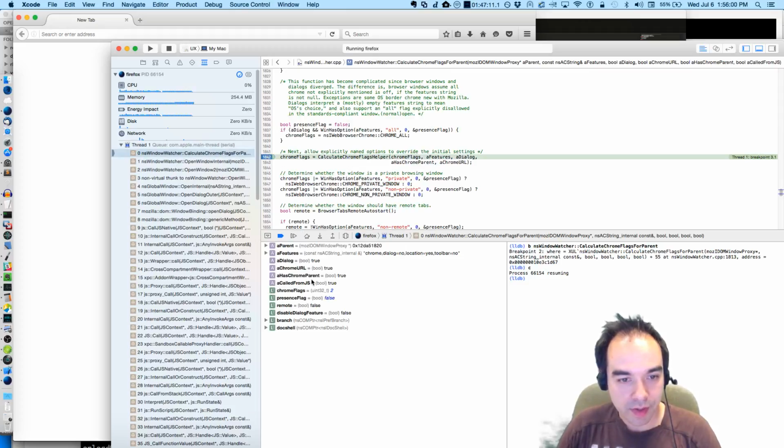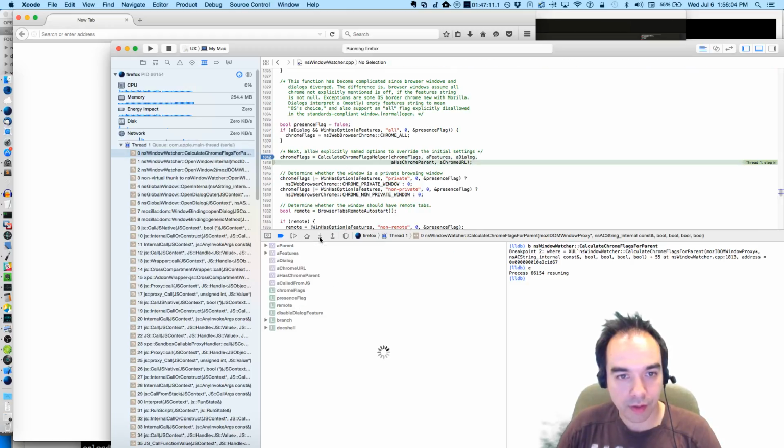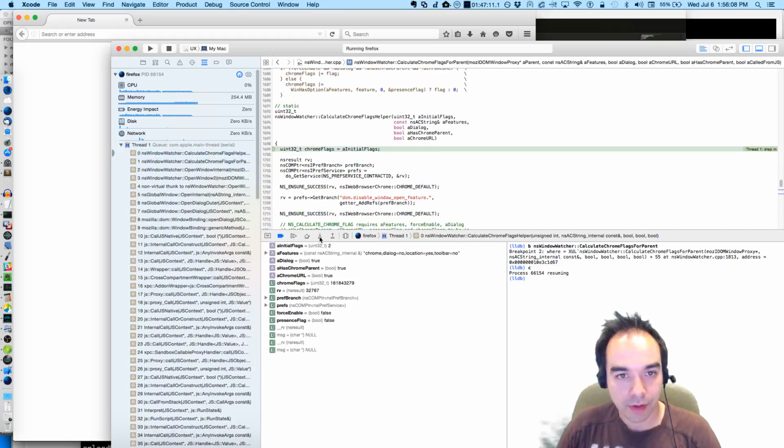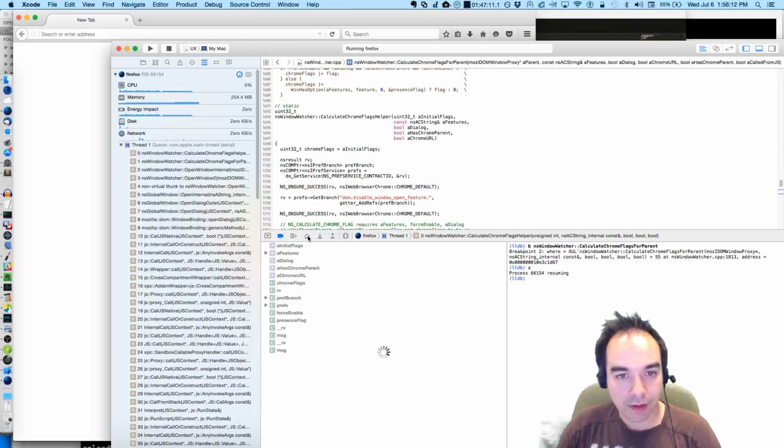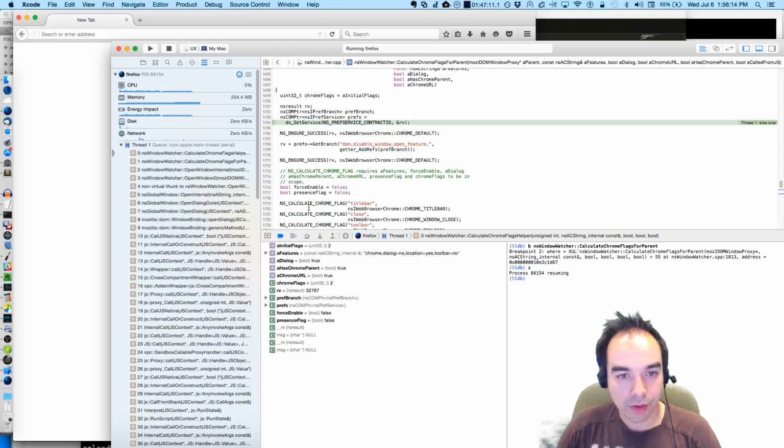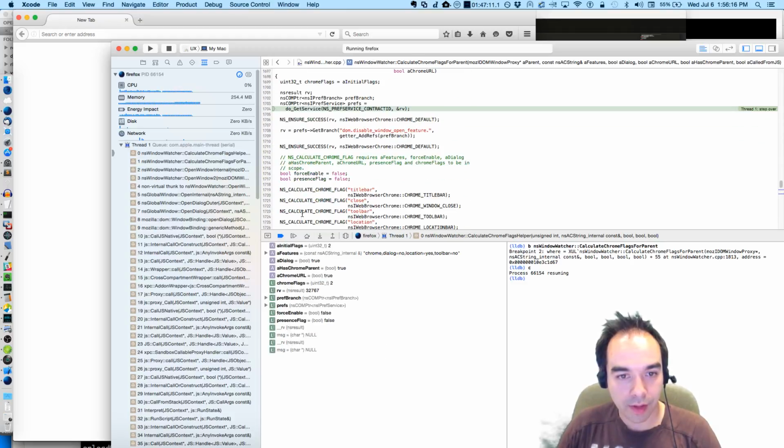And in this case, yeah, call from JS is true. That's what I thought. It was some kind of optimization we were running into before. So we're here. We have our flag. We're going to calculate the flag for location, but first let's calculate it for title bar and see how it works.